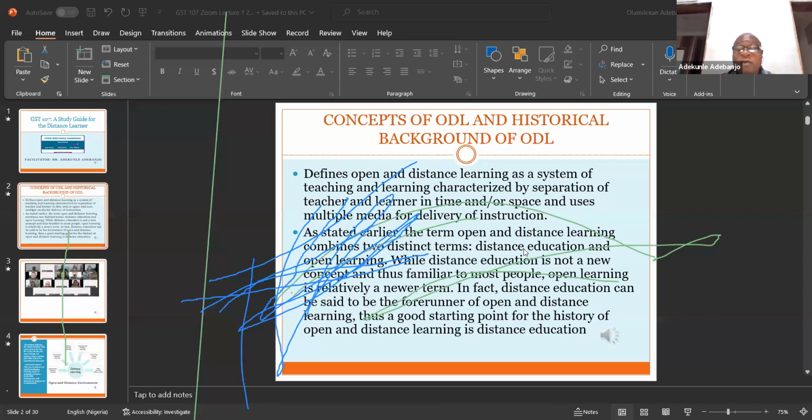You see, what we are saying is that distance education, as far as it has started in this country, they have been using it for long, as far as 18 something, 19 something. We are just coming up with it in the 20th century. But all the same, we are getting there because we are all seeing the product of this Noble University excelling, doing well in other universities where they go.